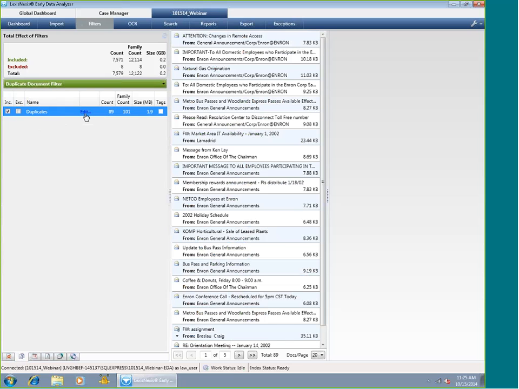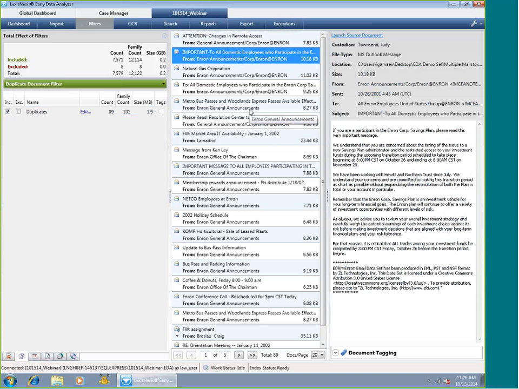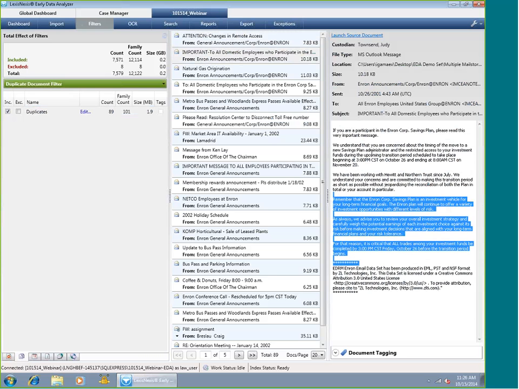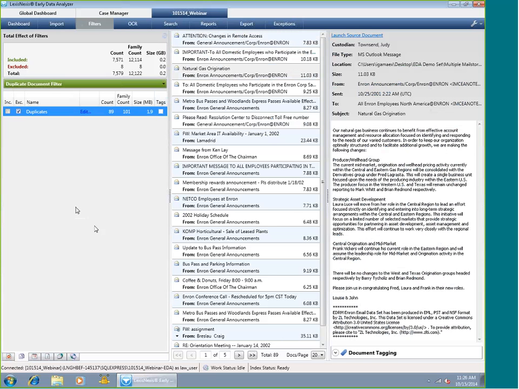I can select the duplicate. We can see the family count, which includes the attachments. That's over 101 records. So as I go through each record, if that's something that I need to do as part of my workflow, I can definitely look at the content and say, okay, it looks like these are the duplicates. What do I want to do with these duplicates? And ideally, you'd want to exclude the duplicates from EDA. So we can go ahead and hit exclude,